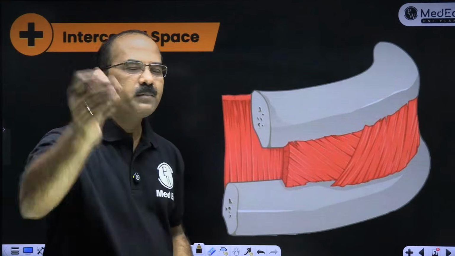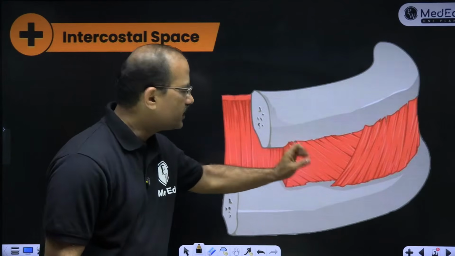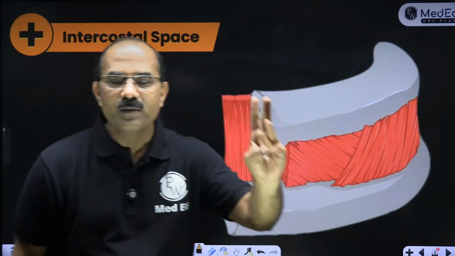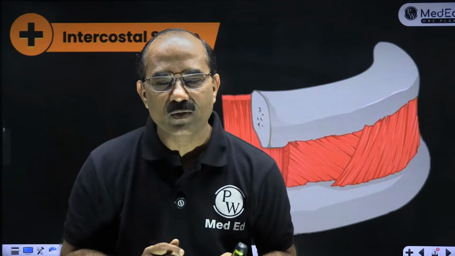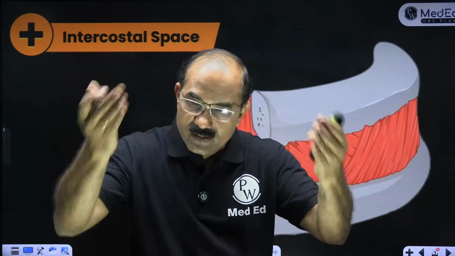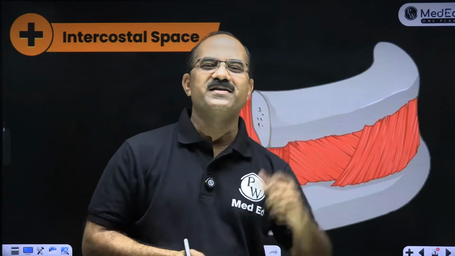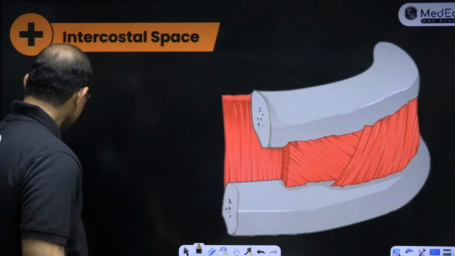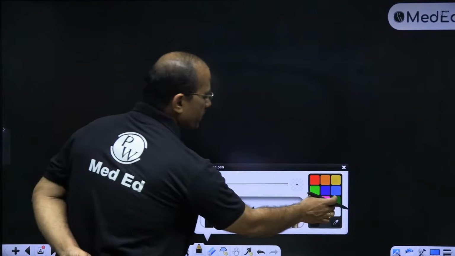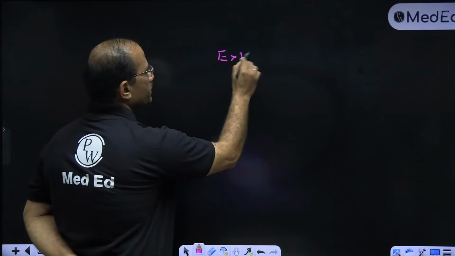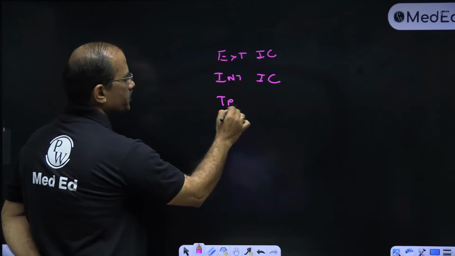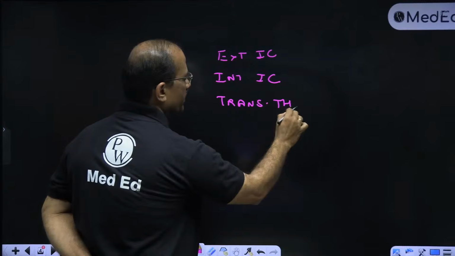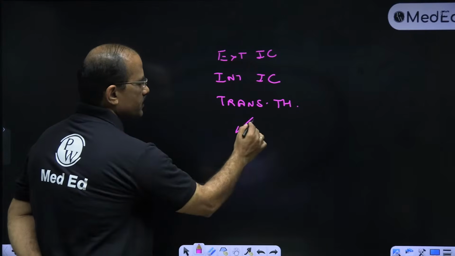So muscles, vessels and nerves. Three muscles: external intercostal, internal intercostal, and the third muscle is the transverse thoracicus. The transverse thoracicus itself is made up of three parts. Yes, can anyone answer this? I am writing in short. Transverse thoracicus is made up of three parts: